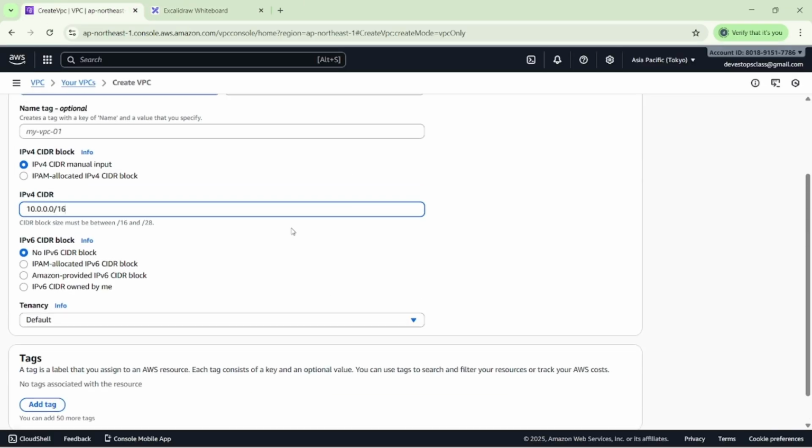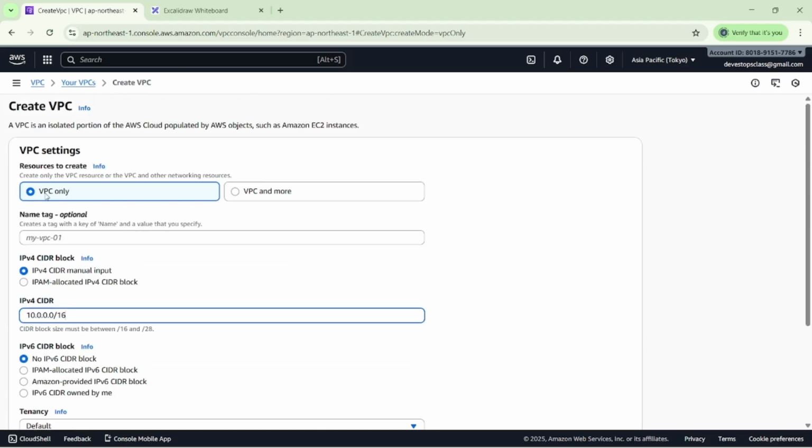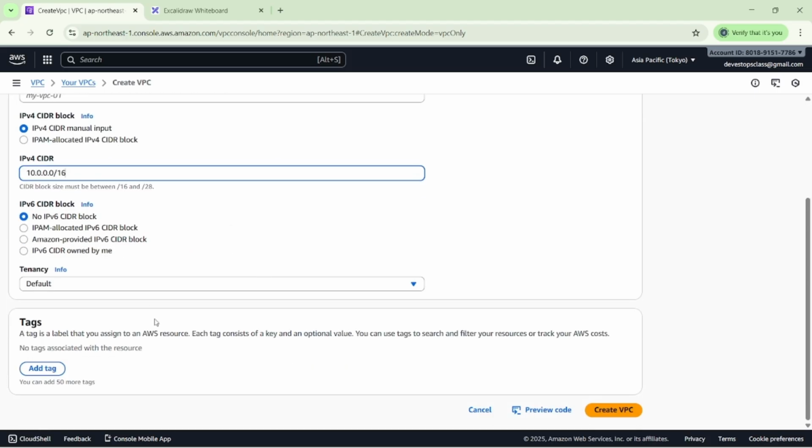It will be decided from the CIDR block. So what does CIDR block stand for? We can call it classless inter-domain routing. So we can create it for a VPC and more. If you want to, you can create it. Okay, I think that's it for